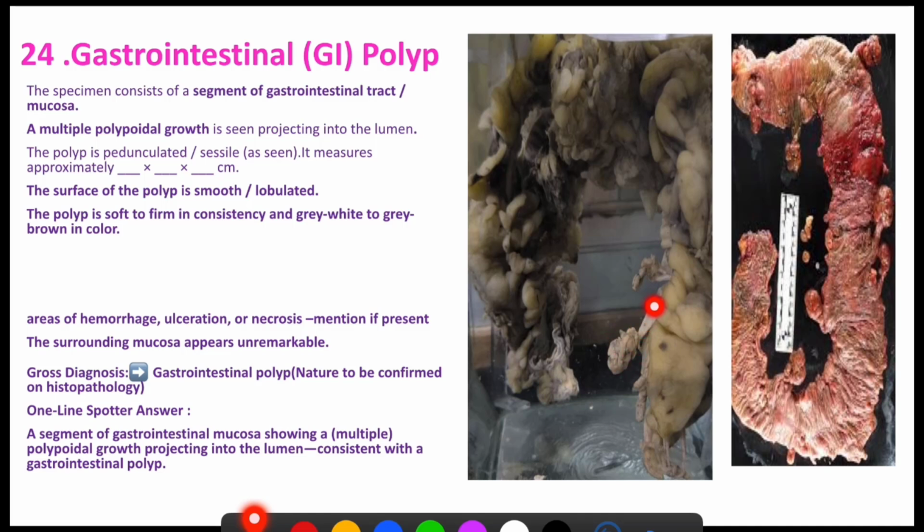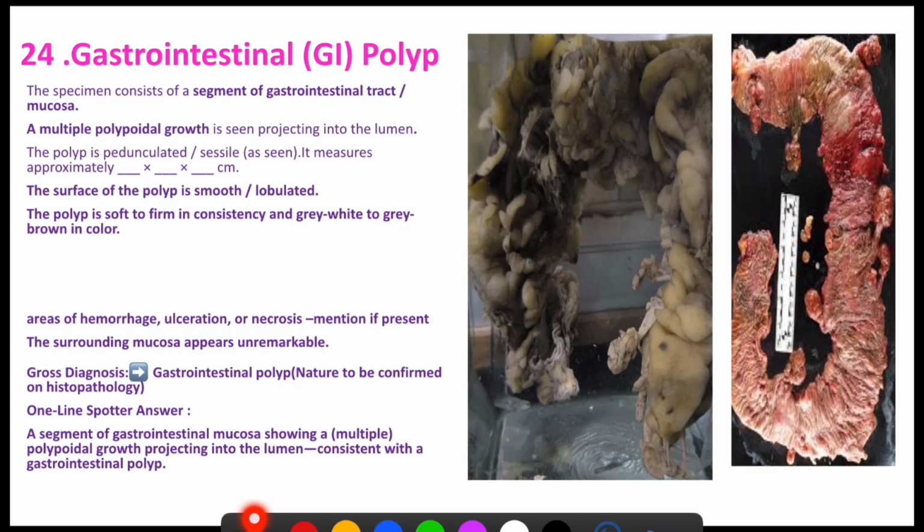This polyp is pedunculated. Whether it is sessile or pedunculated, you have to describe, and whether it is lobulated or smooth in appearance, and whether areas of hemorrhage, ulceration or necrosis are present or absent. We have to mention here. You can identify hemorrhage. In this specimen, you cannot identify any hemorrhagic or necrotic area, but some polypoidal growth is there. So this is a specimen of